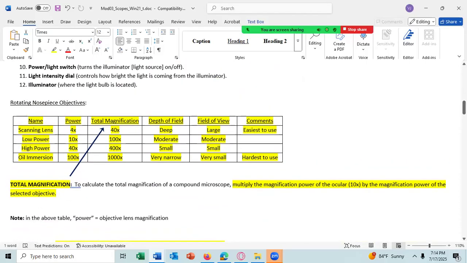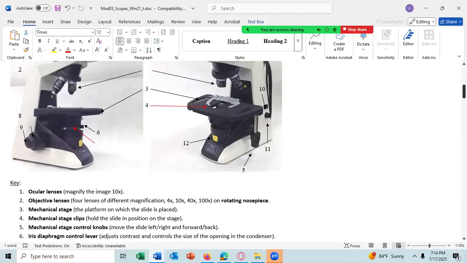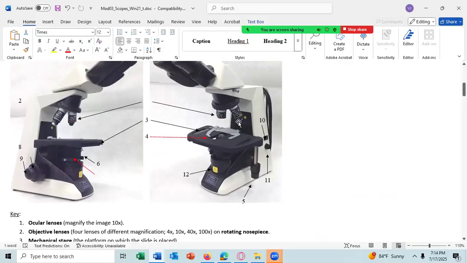All right. So you have a rotating nose piece to switch the objective in place. And there's the rotating nose piece. And you can see, barely, that looks like 1 over here, there's 1 there, and there's 3. And the 4th one is probably hidden right here. But there are 4 objective lenses, and they're right here on a rotating nose piece. And you can rotate this to bring the correct lens into place. You only see 3 here too, but there's 4.